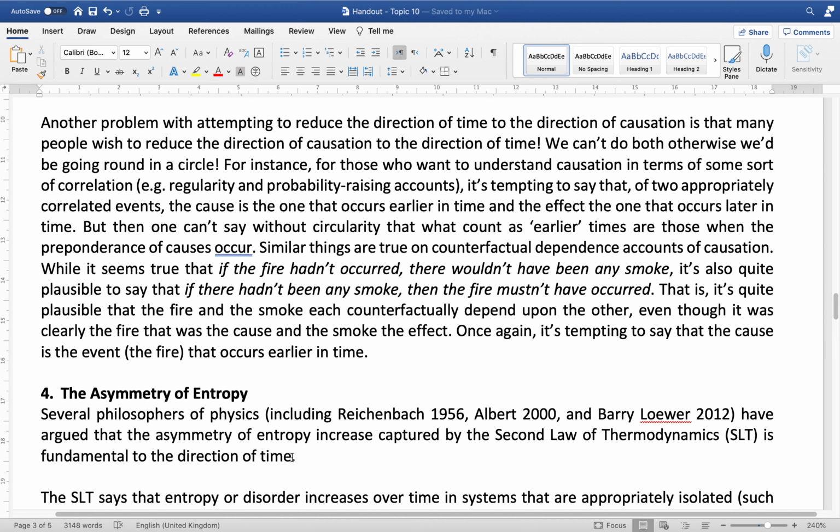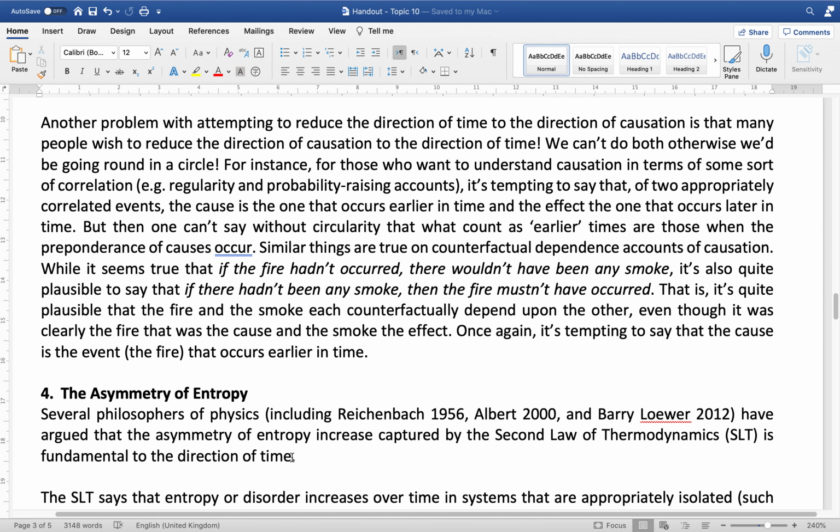But interestingly, many philosophical accounts of causation do seek to reduce the direction of causation to the direction of time. Any of you familiar with the debate probably know how this goes. So, for instance, Hume, maybe one of the most famous,